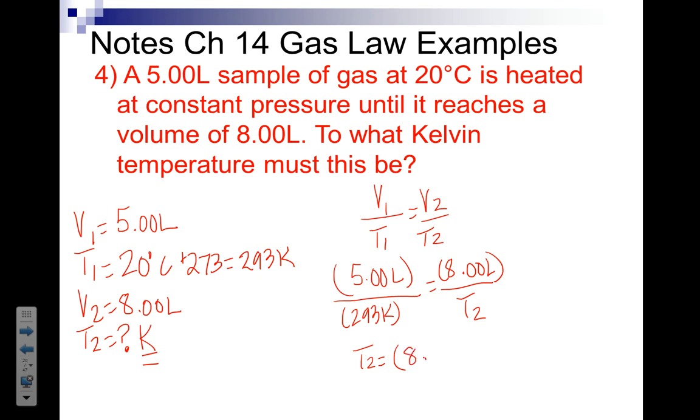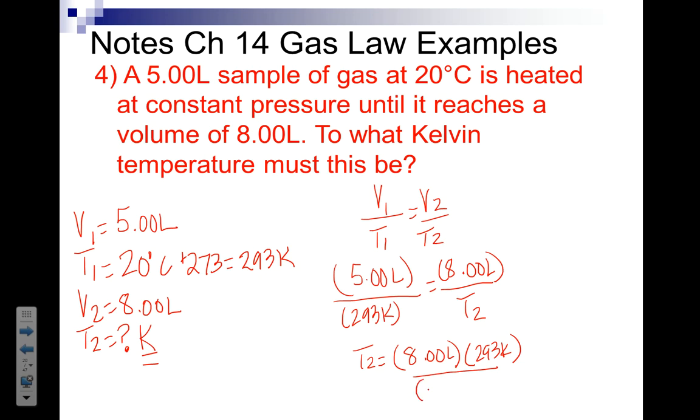We're going to leave the 8.00 right where it is. 8.00 liters stays where it is. We need to bring the 293 up. So 293 Kelvin will come up to the numerator as you cross it up. We crossed the T2 up already. I put it here. So you need to bring the 5.00 down. I'm just rearranging this,